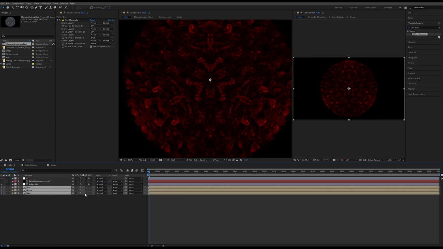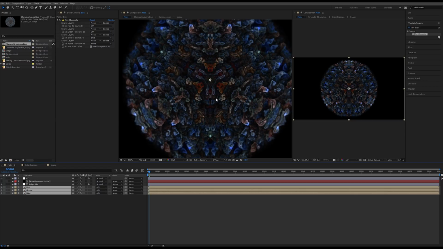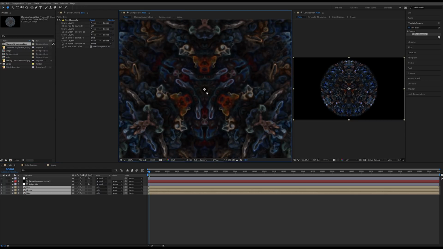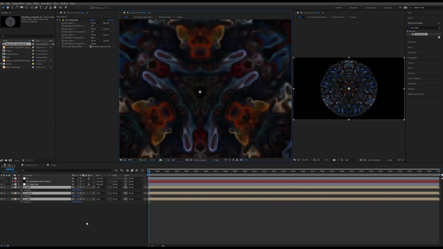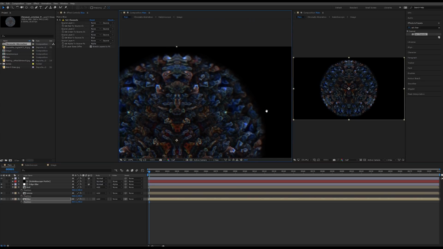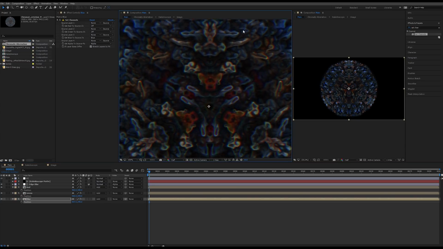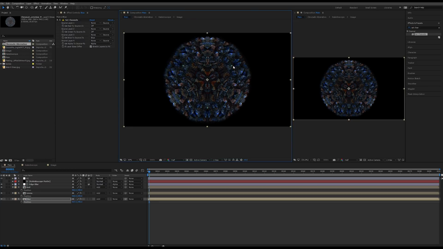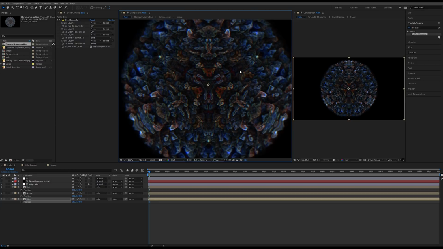Okay, so if we select all of these and then add them together, we're going to get our original light back, which is correct. But what we want to do now is select all of these, click the P key, zoom in, and we just want to shift these very slightly. So I'm going to hold down the shift key and then use the right arrow key or left arrow key and just shift these very slightly. So something like that will be fine. Around 2.5 is fine. And then on the blue, I'm just going to shift this backwards the same amount. And it's a very, very subtle effect, but it is kind of interesting, especially if you had a little bit of a higher res shot. But it is kind of interesting.